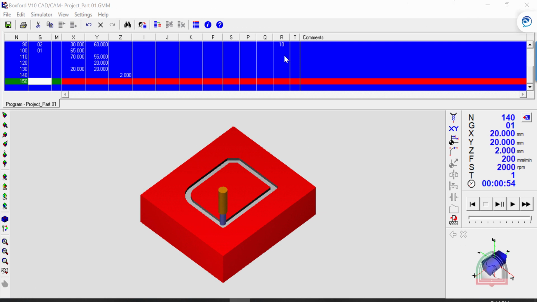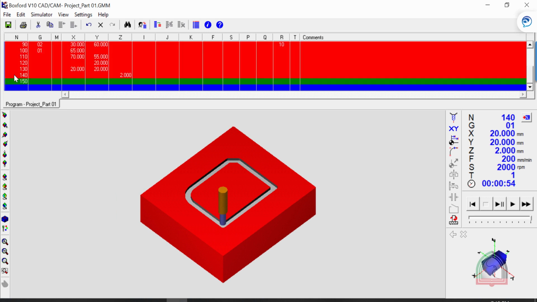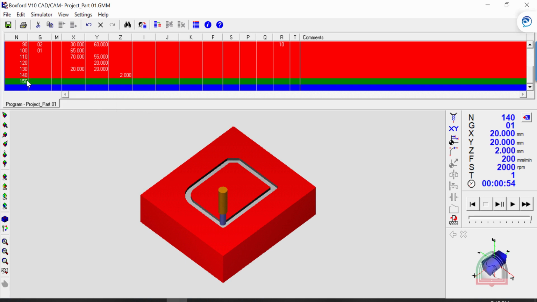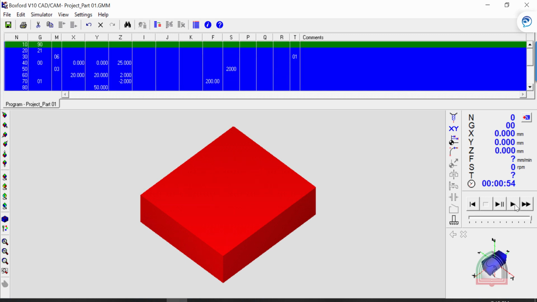We can do the multiple depth in two ways. We can go ahead with the Q and R option that will work as depth and increment, that I will show in a while during the pocketing of the inside part. Or you can repeat the process. For repeating the process, you can go ahead and copy the lines from here. See, this is the initial process, so you can copy it until here, then paste it over here and change the depth to -4. Then repeat it, or you can type it again. I prefer to type it. I will repeat the simulation.